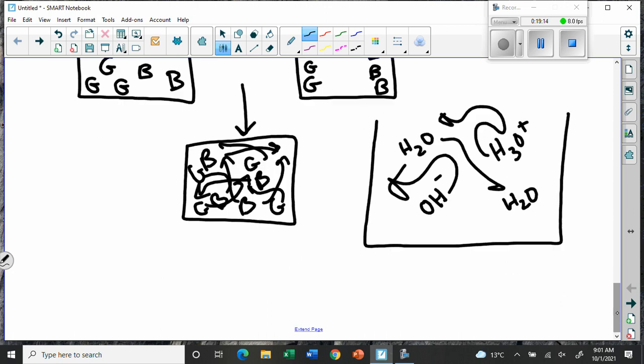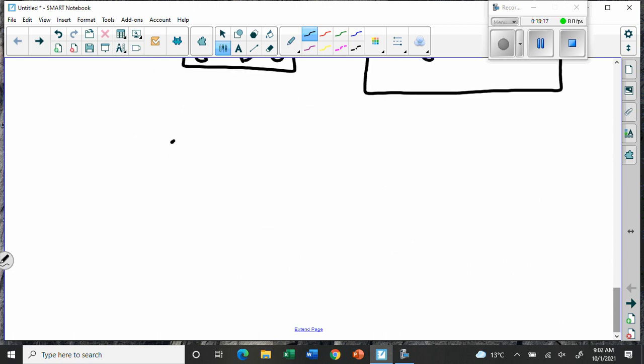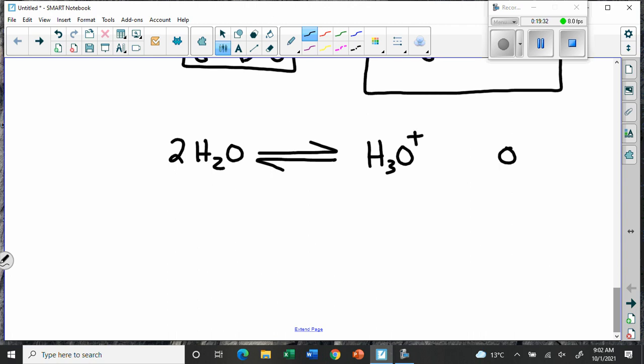And so how we describe this is we say that two water molecules, and we put an arrow that looks like this. It's a double going both ways arrow. It means this can go back and forth. And then what it produces is an H3O plus and an OH minus. Right? And of course, what we should do is we should also write little aqs here to show that these are dissolved in the water. They're sort of in between the water. But it's a dance, because this H3O is not going to last long, because he's going to bump into another hydroxide somewhere, and he's going to turn back into water.